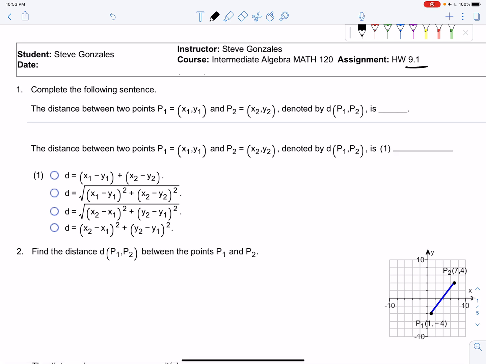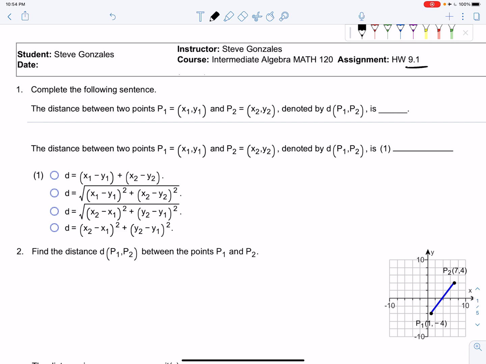9.1 is about learning how to use and remembering the distance formula and the midpoint formula. So let's start with the distance formula. Starting us off, number one says, complete the following sentence. The distance between the two points P sub 1, (x sub 1, y sub 1), and point 2, which is denoted with (x sub 2, y sub 2), denoted by P sub 1, comma, P sub 2 is,